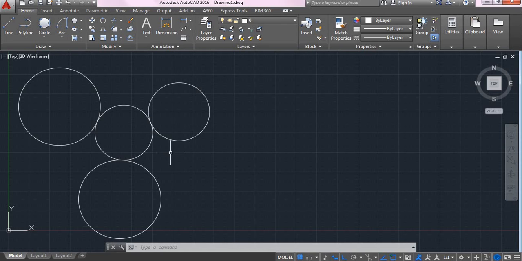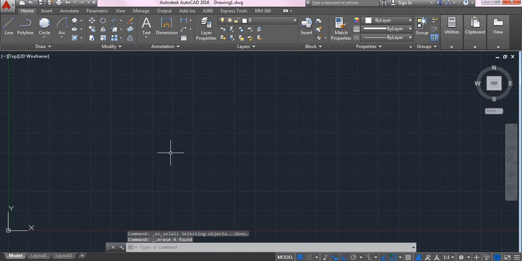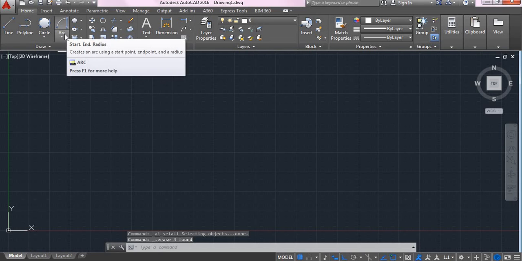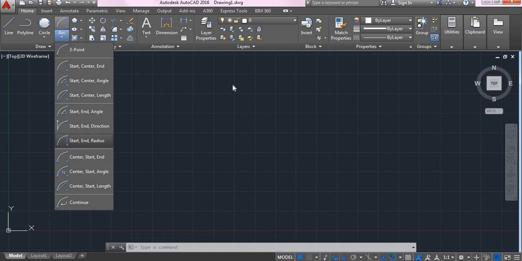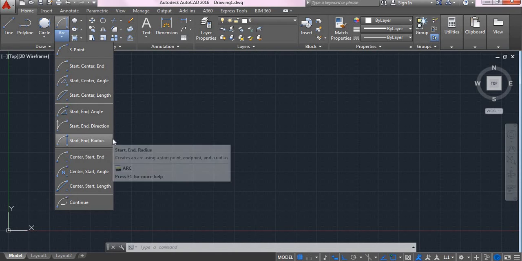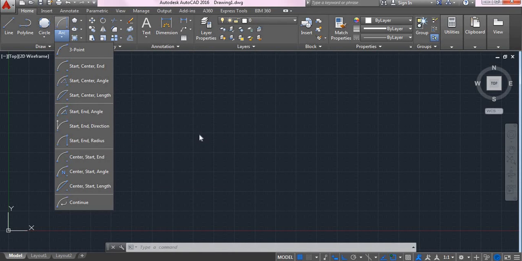Okay. Then next we see about arc. So here we will be having the arc command. In arc also we have many types of arc, but basically in mechanical AutoCAD we will be dealing with three types of arc, that is 3-point arc, start, center, end, and also start, end, radius. So we will be dealing with them one by one. The first thing is the 3-point arc.